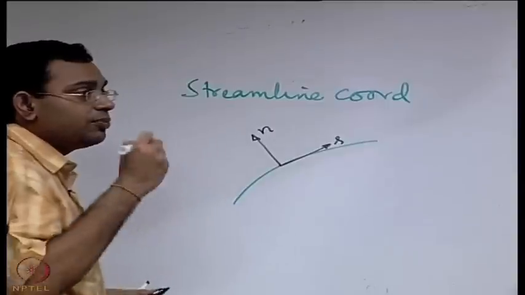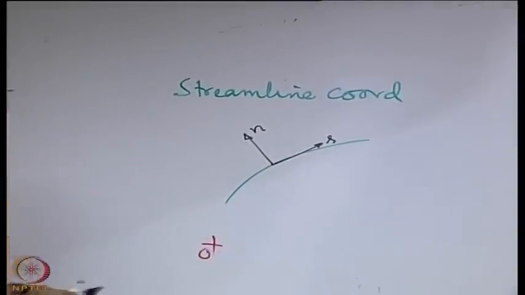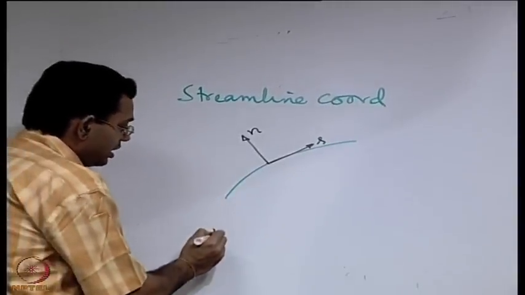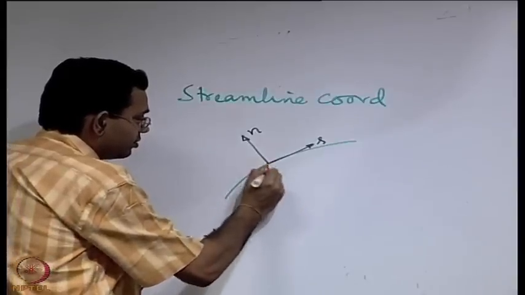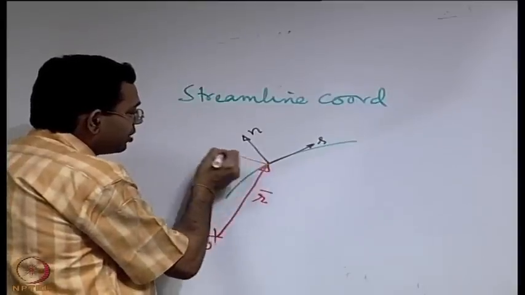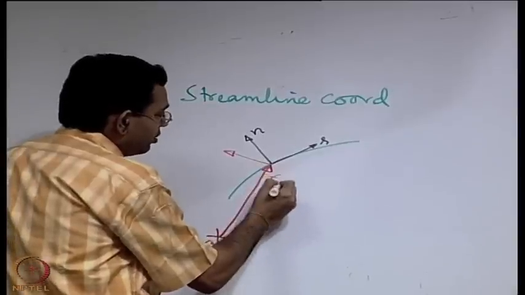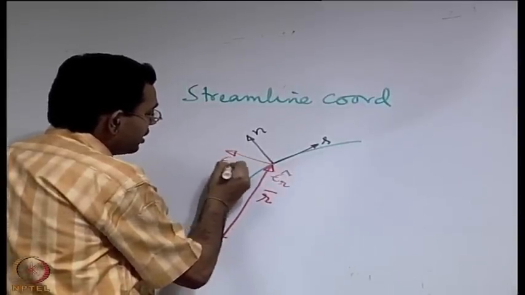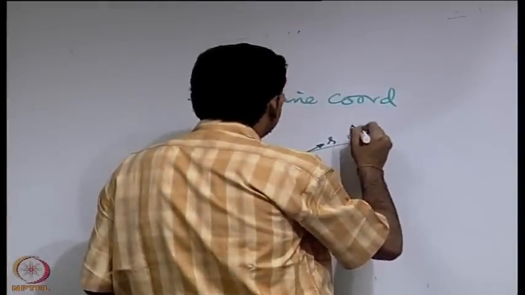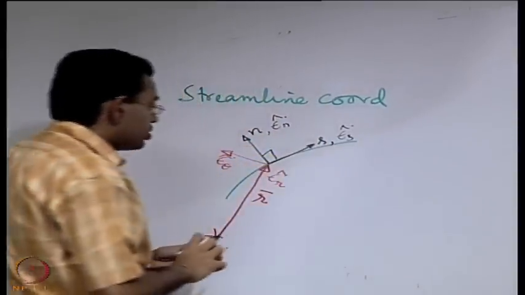Say if you are using a polar coordinate system, and you have this as the origin or the pole, then how is the coordinate represented? It is represented by one radius r, this is the radial direction, and perpendicular to that the theta direction. So we have unit vectors along this as epsilon r and epsilon theta, and unit vectors along this as epsilon s and epsilon n. Both of these are orthogonal systems,